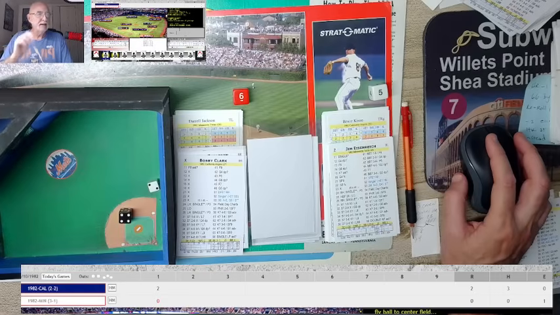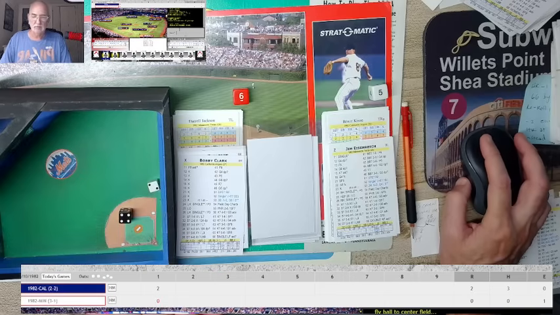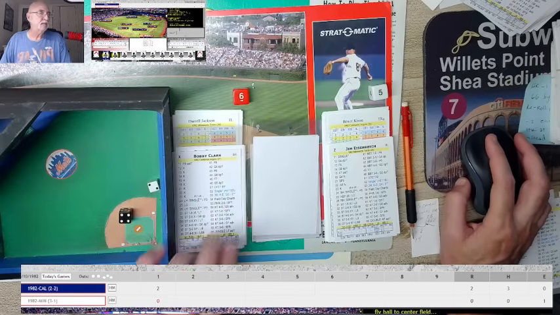The Angels picked up a couple of runs in the top of the first, one on a home run by Doug DeCinces. I believe that's his third of the season. He did hit 30, and then of course it was a double by Baylor, and then a single and an error with Juan Beniquez at the plate. So those are the two runs that scored. We're in the bottom of the first inning, and let's play this.